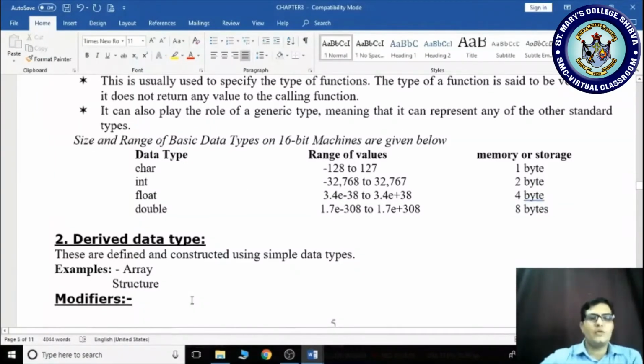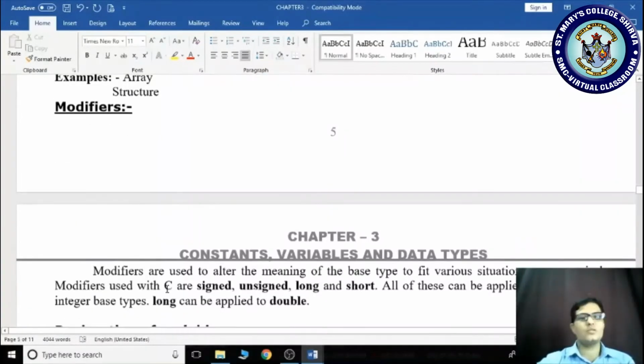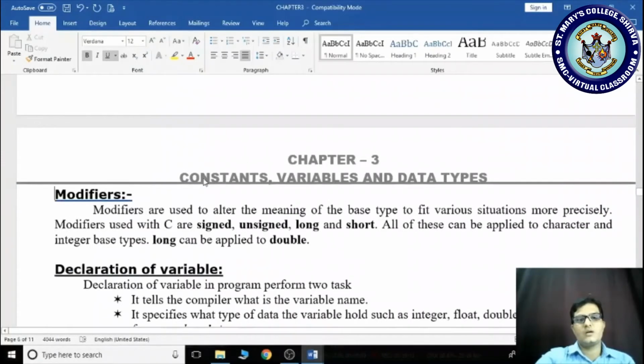And your derived data types, here we have various derived data types. They are arrays and structures. We will learn about arrays and structures in the coming slides. And next one is modifiers. Modifiers are a very important topic. If you are using the integer data type, float data type, double data type, and character data type, you can alter that data type by using these modifiers.